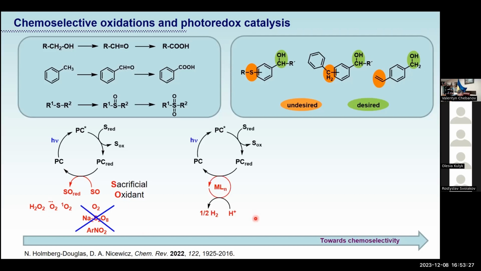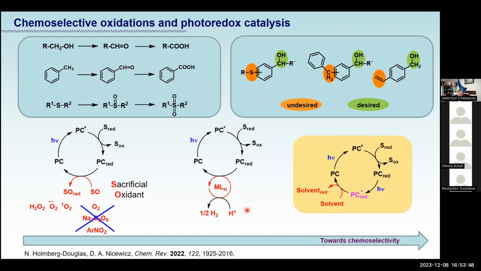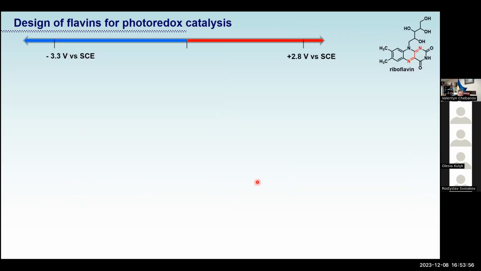One possible solution to the problem is known in the literature, and it is to use a catalyst, usually, for example, cobalt complexes, which are able to be reoxidized with protons to form hydrogen. So it means hydrogen-coupled oxidation reactions. But we thought about another way, to use the solvent for reoxidation. And we found this